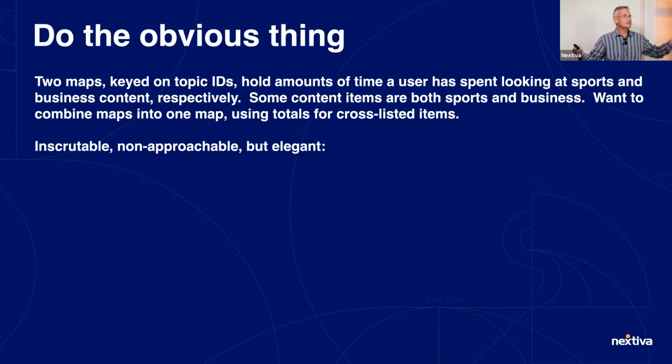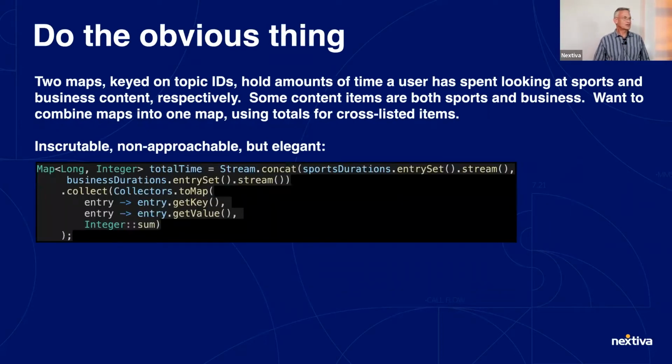There are natural, easy ways to do it that don't require that you think very much, or you could be super devious and clever and do this: map comprehension, extract the key sets as streams and then use a collector. This is beautiful in some sense. It's really nice code, super compact, but you have to think about it.